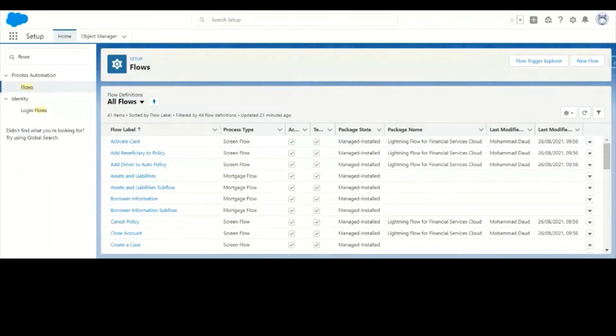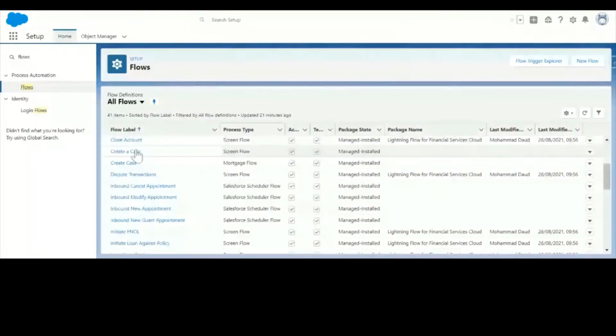apart from checking their bank balance and other things, they can also interact with the system. For example, it comes with the Activate Card. It comes with Create Case, okay, and